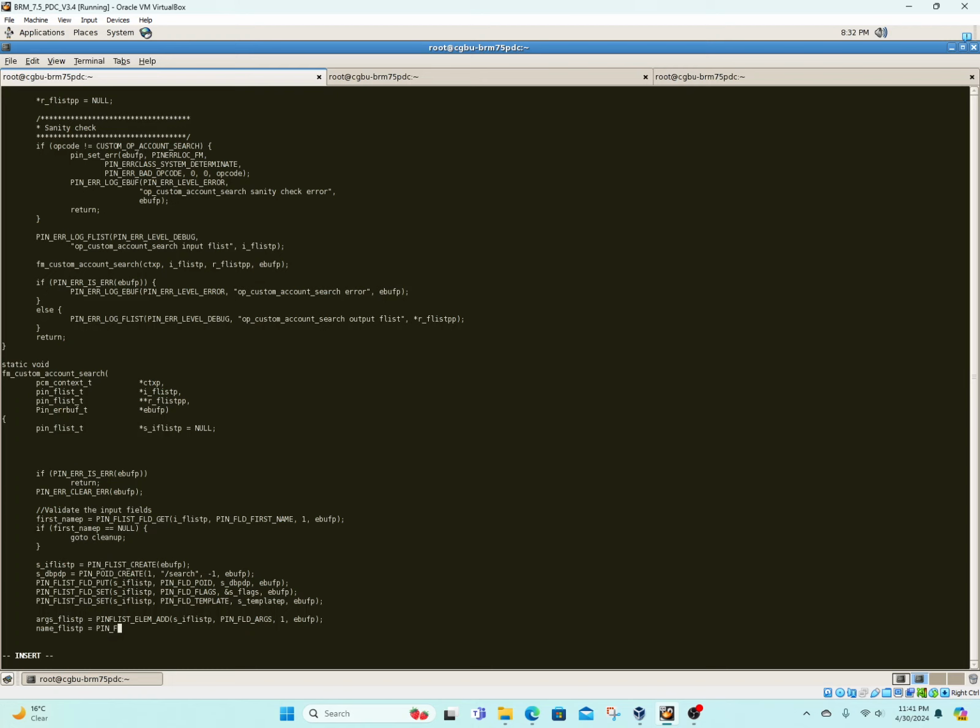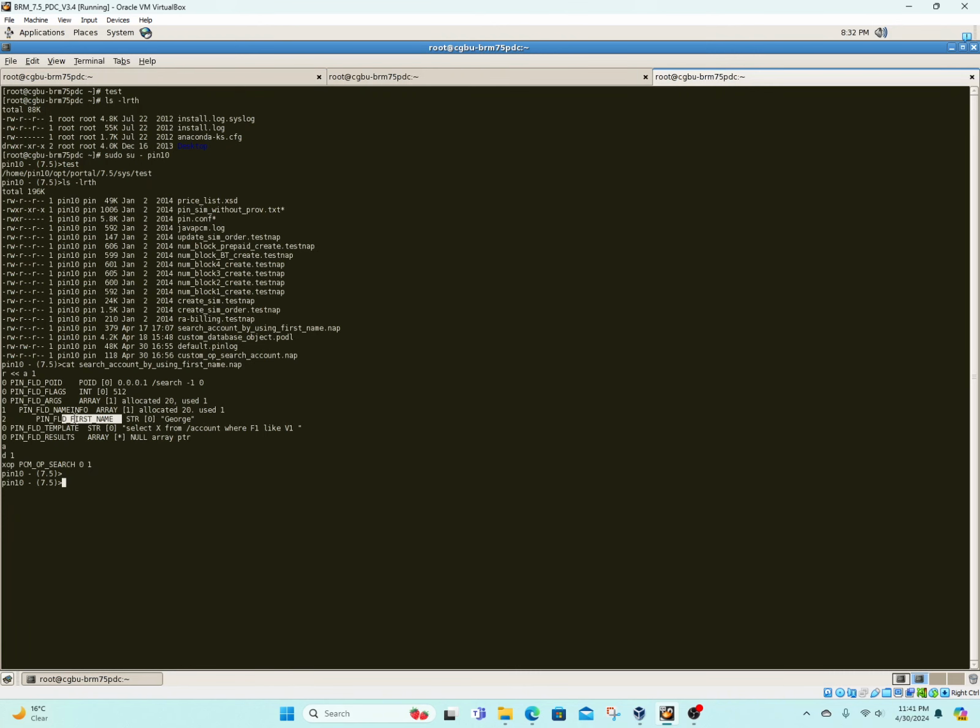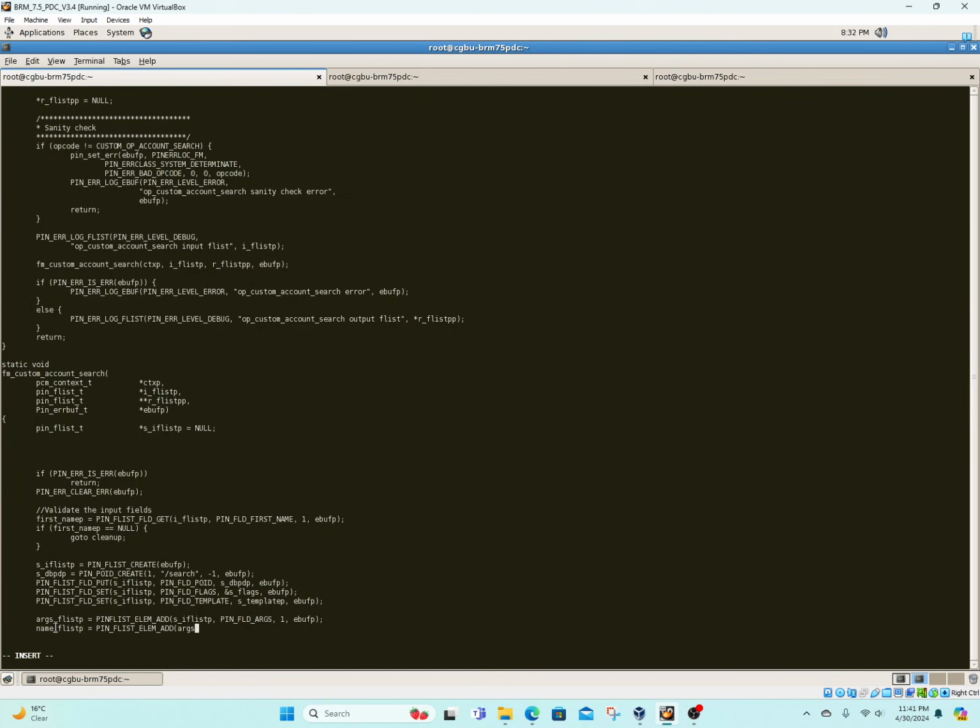So just trying to put it here, PIN_FLIST_ELEM_ADD. We need to add this to the arguments, because if you see here, go back to this name info array, it is under the arguments array. So that's why I'm adding name_flist_p under the args_flist_p variable, and PIN_FLD_NAME_INFO